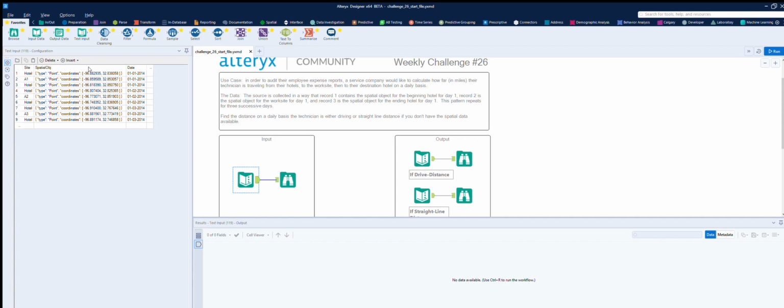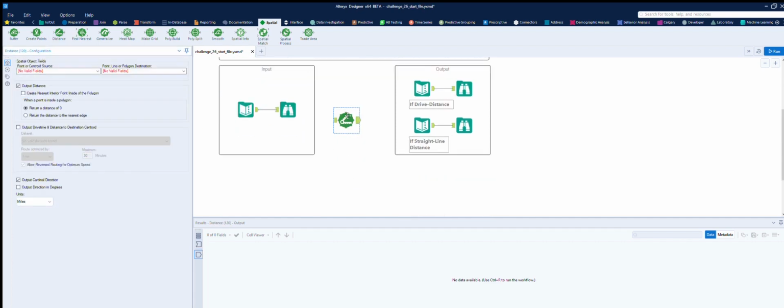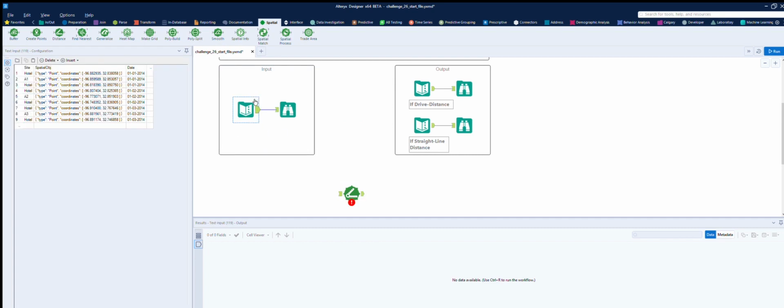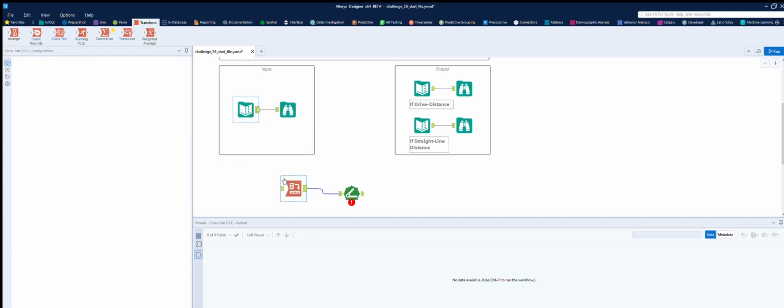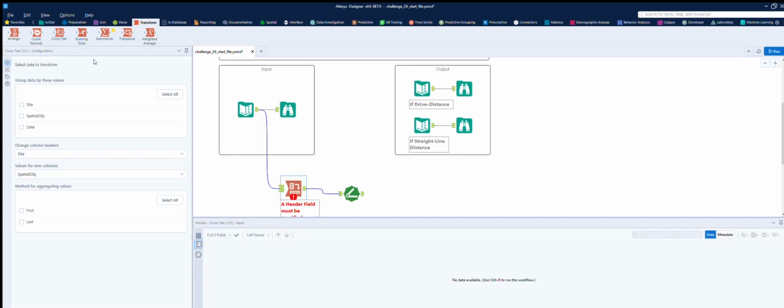So I think what we want to do now, for spatial, is we can use something called distance calculator. So this calculates the distance or drive time between a point and another point, line, or polygon. Let's just drag that in. Okay, so we need 2 points on the same line to do that. But these are on different rows, so we need to try to transform them to get them onto the same row. That's I think a cross tab. So if we just bring that in and then bring it down, you can see that we have